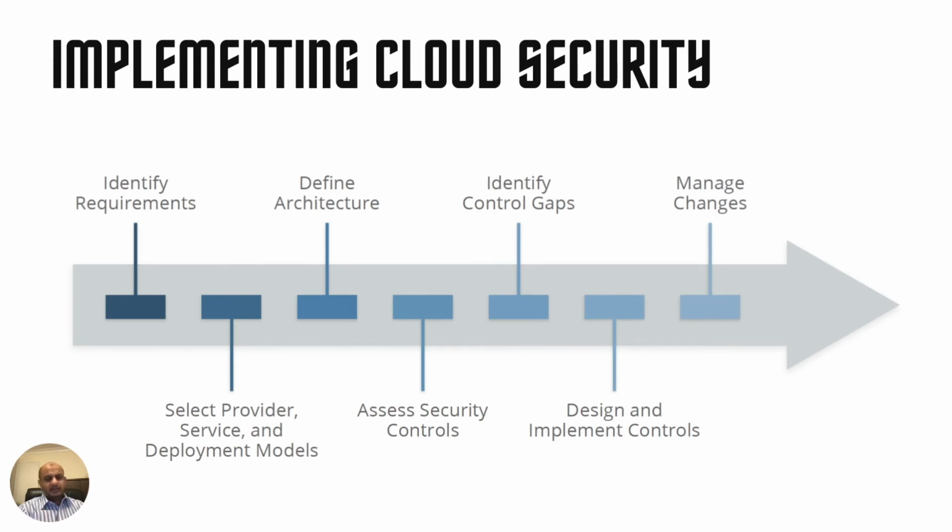When you talk about implementing cloud security, whichever technology you're using, be it Alibaba, Oracle, Amazon, Google, or Azure, how do you implement it? Well, the first step would be to identify your requirements. Legally, can you even use the cloud? Maybe in the country in which you are, there are certain restrictions, and cloud computing will not be allowed. You need to find that out. What are your requirements? What are your use cases? Then, of course, you select your provider. What type of model are you going to be using? Is it SaaS, PaaS? Are you going to be using the public cloud, hybrid, community? Before going on to security, you need to understand that.